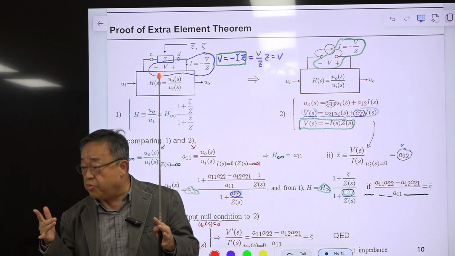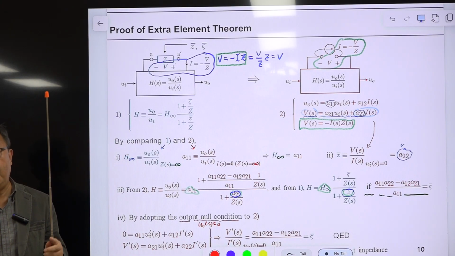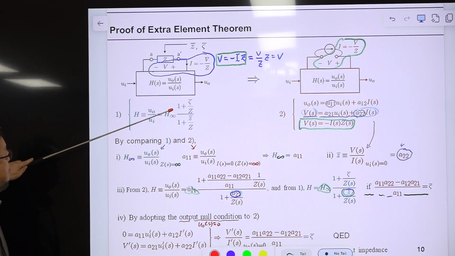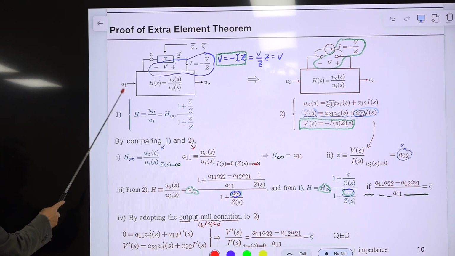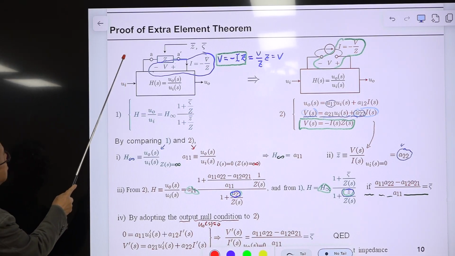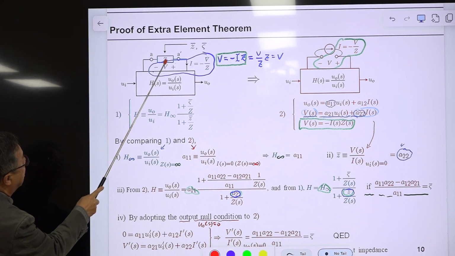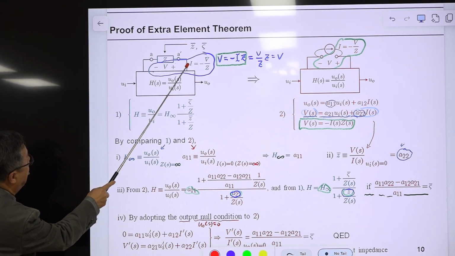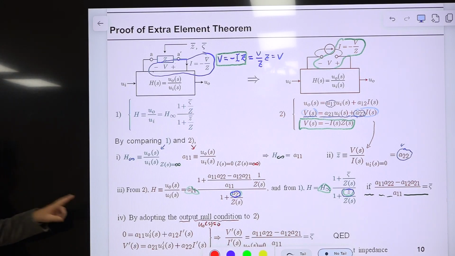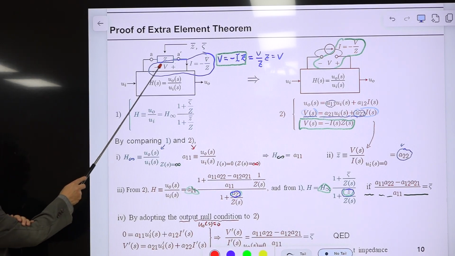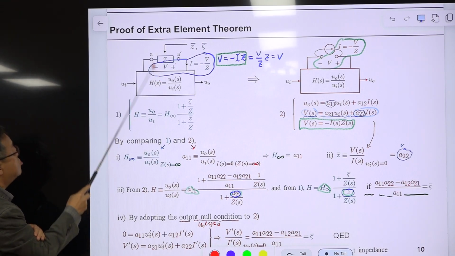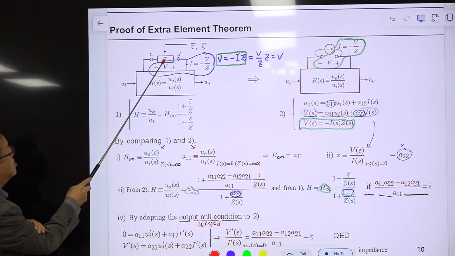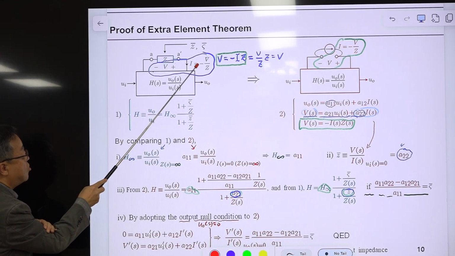Most of the cases we are only dealing with a two-port network, which is this one. Actually, this is the two-port network. This is the input, and this is input, and this is input, output, and output. There are two inputs, two outputs. That's a two-port network. First step is this is the G, and we'll evaluate G bar, zeta bar, seen through this opening.